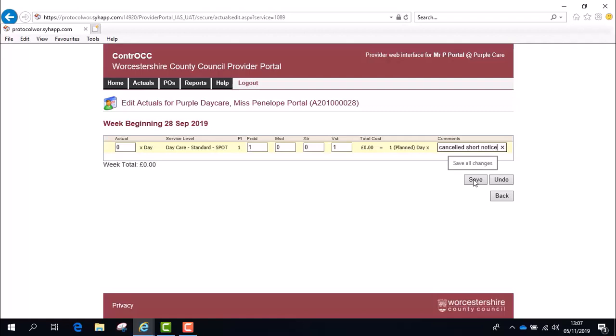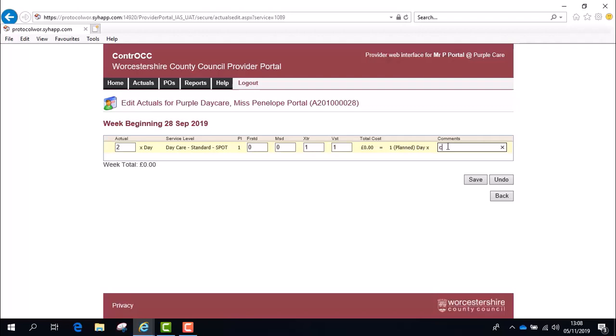If a visit overruns or is an additional care, amend the actual quantity to the total number of units for the week and record the additional calls in the extra box. Please be aware, hours should be read as units and are as per the purchase order. Therefore, if the units are for 30 minutes but an extra 15 minutes are provided, this needs to be recorded as an extra half.